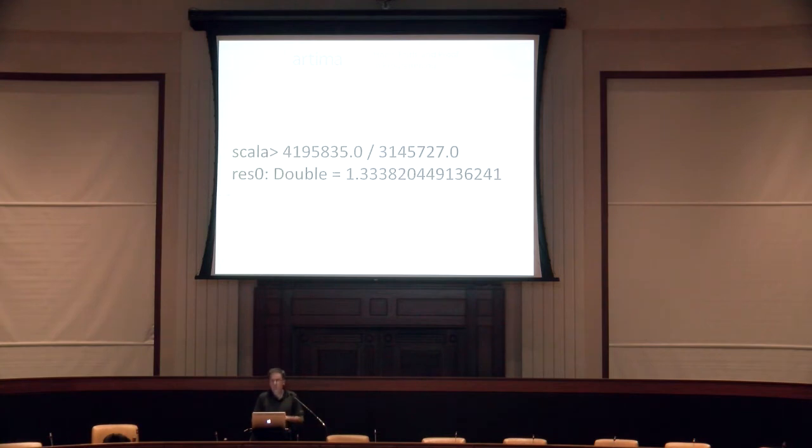For example, you might expect that when you divide two doubles, you get the proper double answer back, right? But there actually could be a bug in the compiler, or in the JVM, or in the operating system, or maybe in the Pentium chip that you're running on, because there was a version of the Intel chip that had a bug. Lightning kind of had to strike. You had to divide exactly the right two numbers, and it was pretty hard to actually hit, but it gave you the wrong answer back.